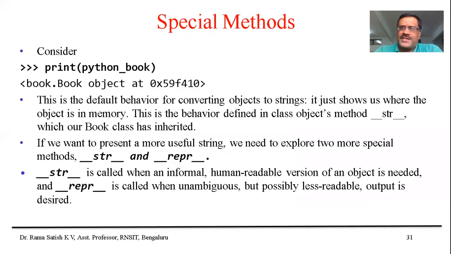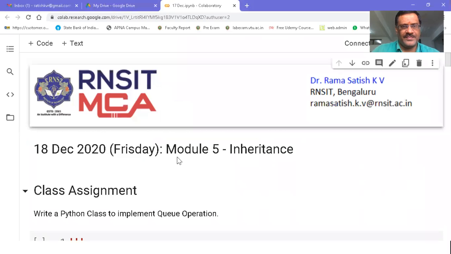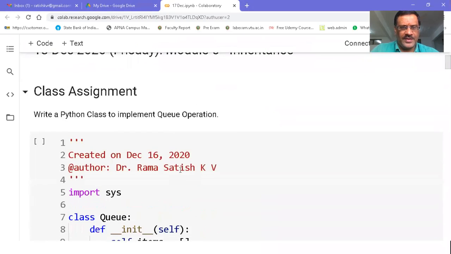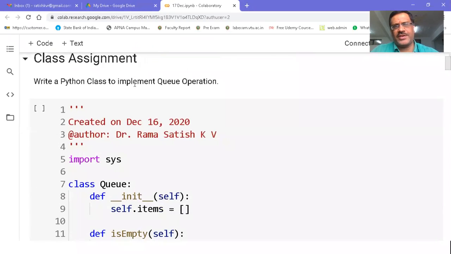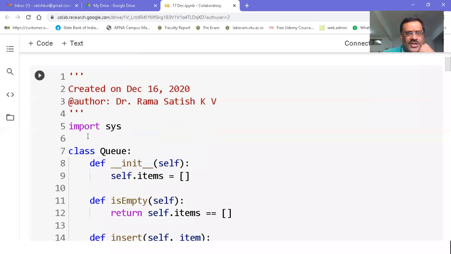As I said, we are targeting special methods. Before we target special methods, let me give the solution for the previous class assignment. The assignment was on implementation of queue operations using classes and objects. So I imported sys and